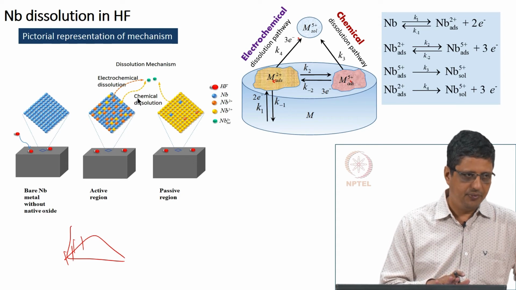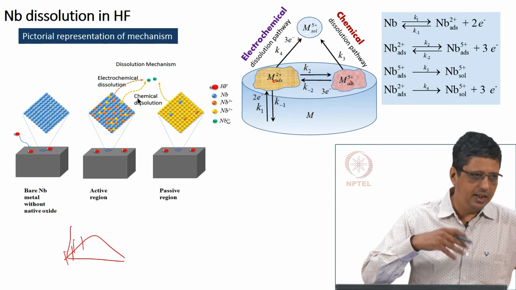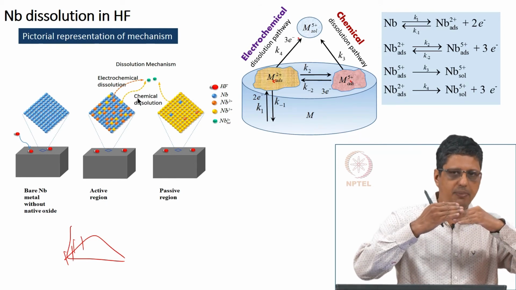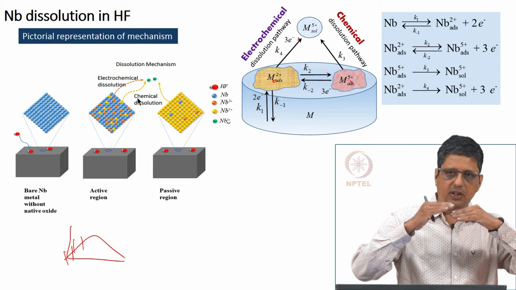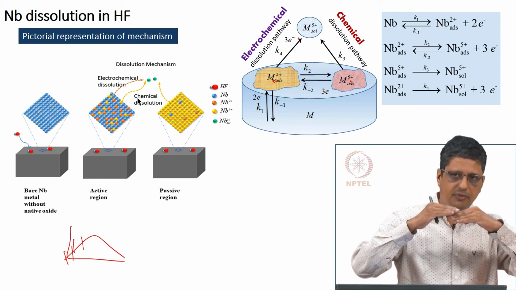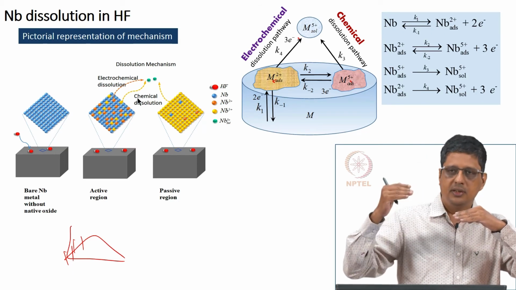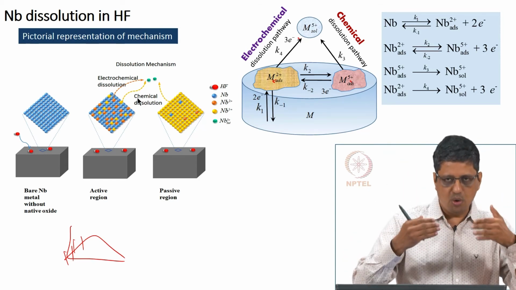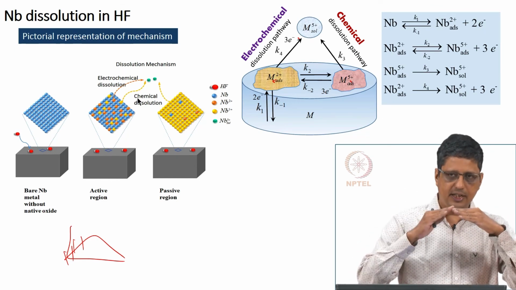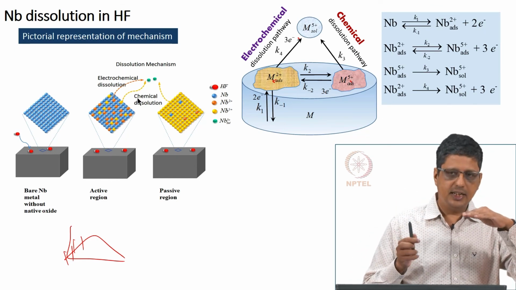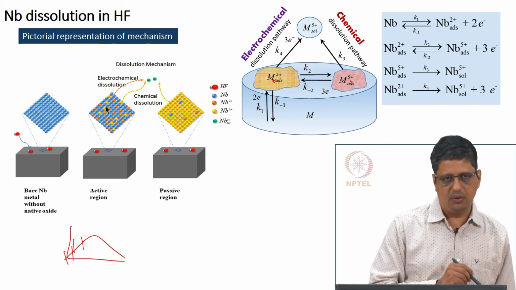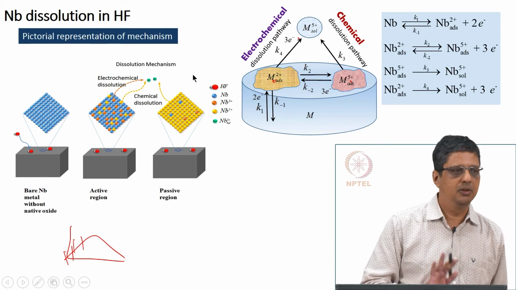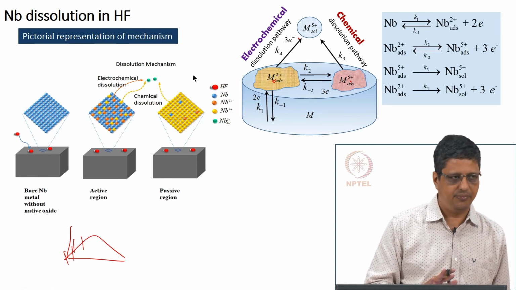Even though they are simultaneously dissolving, some of the niobium is getting oxidized to NbO, some of the NbO is getting oxidized to Nb2O5, some of it is going into solution, some of the oxide is also going into solution, but the oxide formation rate is more, suboxide to pentoxide is more. Therefore, under steady state conditions surface coverage is more for both of these. When we go to very high potential, what happens is pentoxide becomes more or less covers the entire surface.